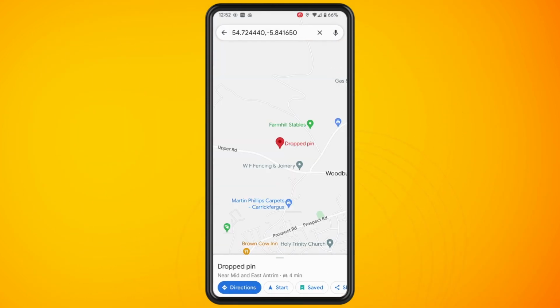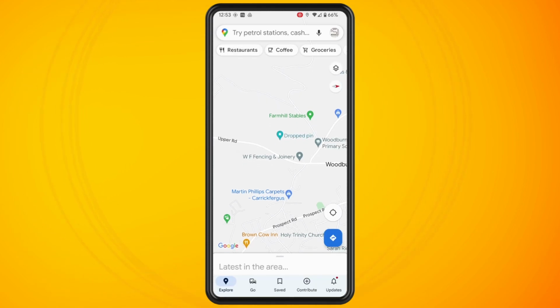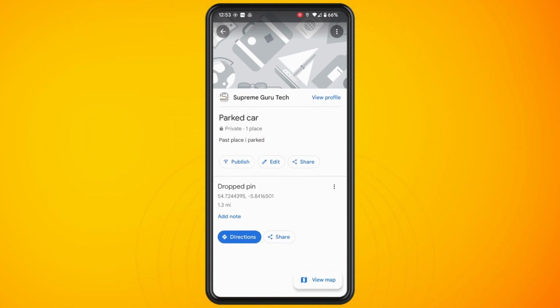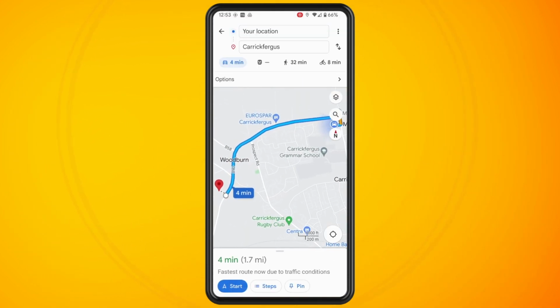So now if I go back into Google Maps and I want to find this pin again, I just need to hit the saved button in the middle of the bottom bar, tap on my parked car list, and then from here I can get directions to this particular pin that I have dropped, and that's basically all